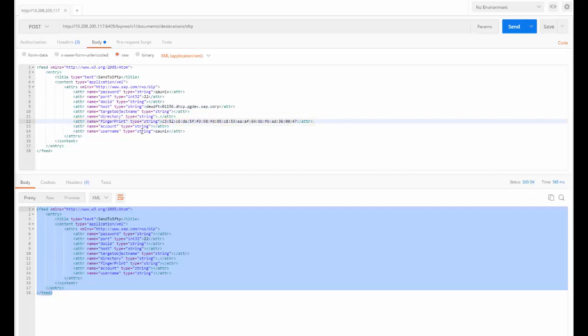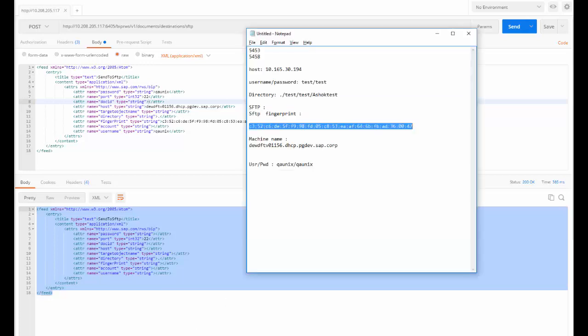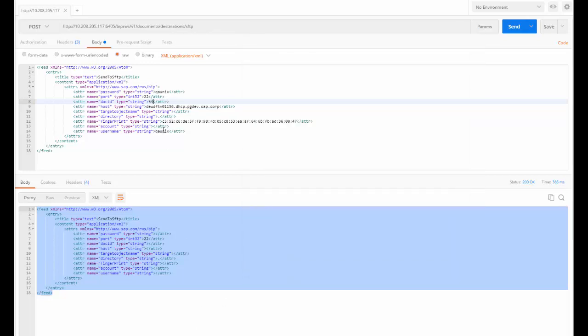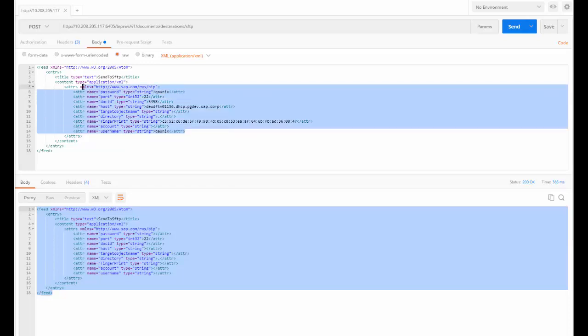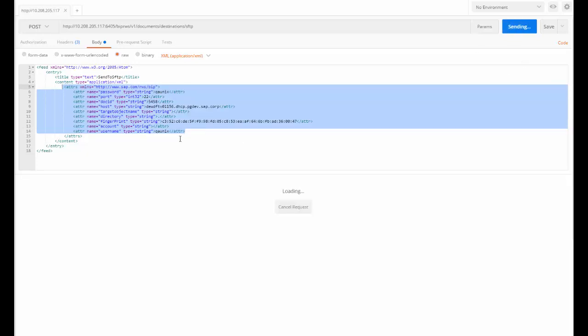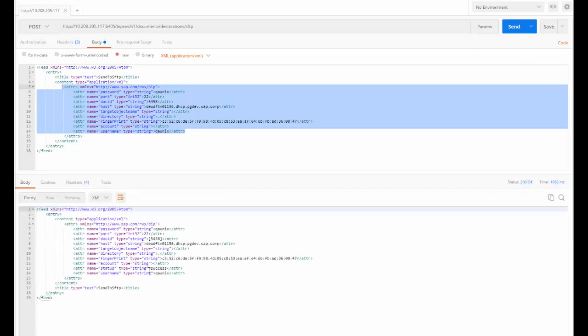The account is optional. The target object name is optional as well. You need to specify which document. So we have the document 5458 and having specified the values for these attributes, we'll choose post and we receive a success message from the server. The document is successfully sent to the specified SFTP location.